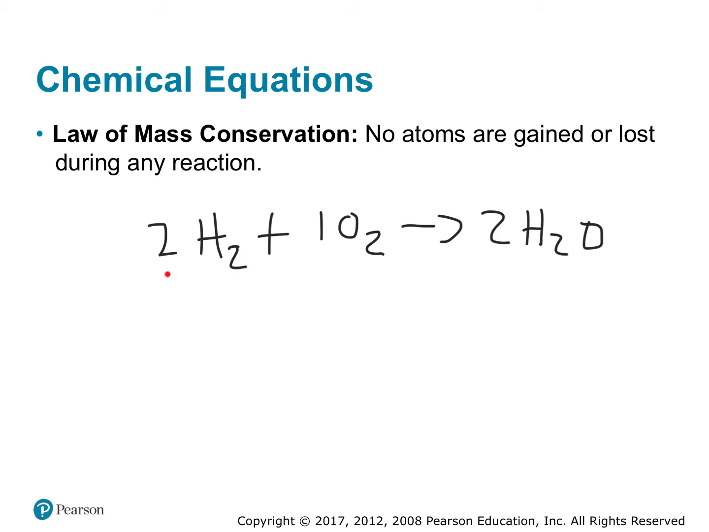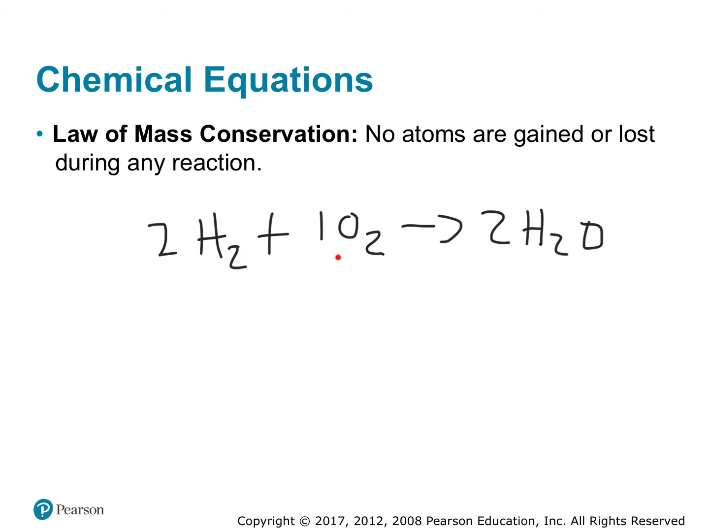Everything to the left is what you have before the reaction, and everything to the right of the arrow is what you have after the reaction. So how many hydrogen atoms do I have before the reaction? I've got 2 sets of H2, so there's 2 hydrogen atoms here. I've got 2 sets, so that gives me 4 hydrogen atoms before, and then I have 2 oxygen atoms after,